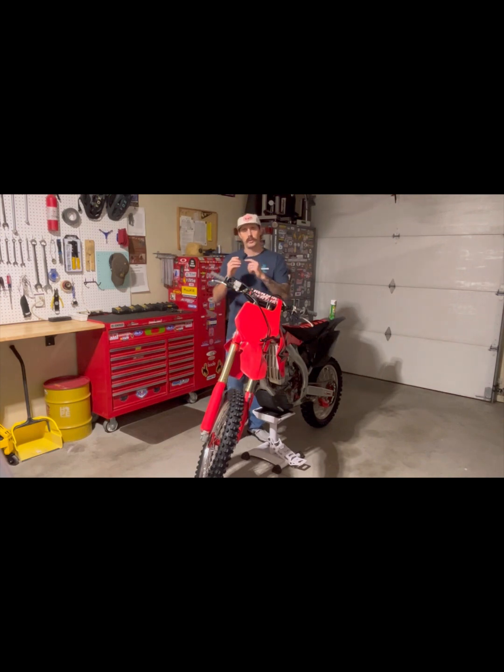I like to run a little bit of grease on the inside of the throttle tube, then I'll run some on the handlebar itself. That way it just ensures I'm going to have smooth throttle actuation. Also going to prevent some of the wear, being that it's a plastic throttle tube going up against the metal handlebar. Then what I'll do is I'll put the throttle tube onto the handlebar, I'll hook up the throttle cables